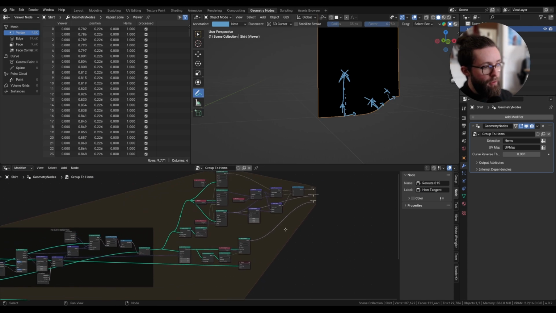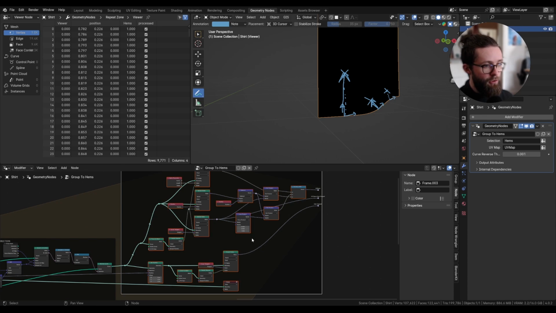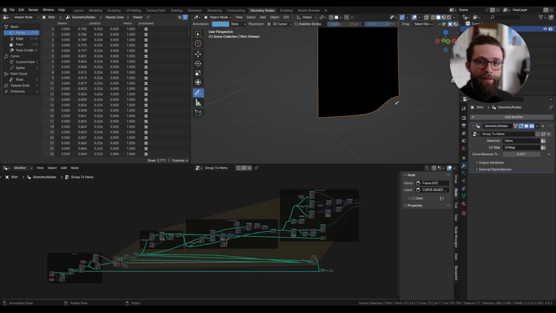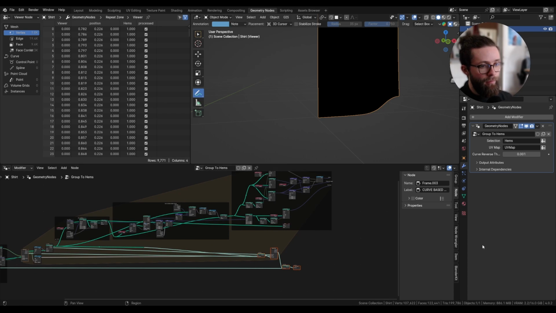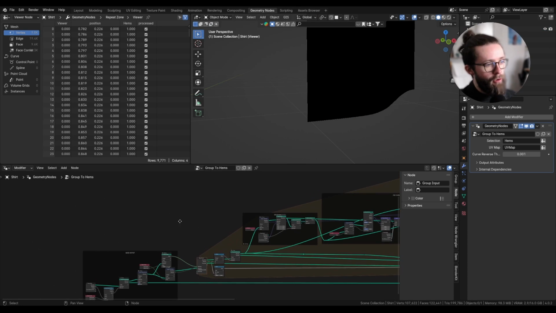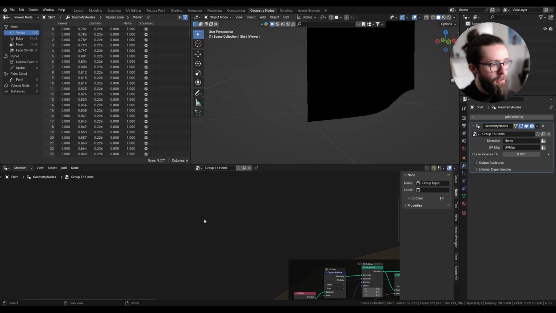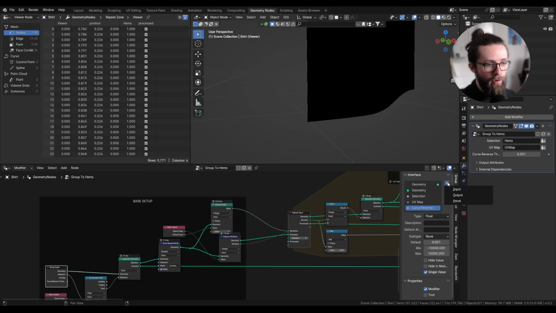Now that we computed the three attributes, we can select all these groups, Ctrl J, join it, and this will just be curve-based attributes. Now at this point, we already did most of the processing. We almost only need to extrude our hems themselves. Here we want to have control over our hem length, thickness, and resolution in both directions, so let's add a few new parameters. On the input node, I will add